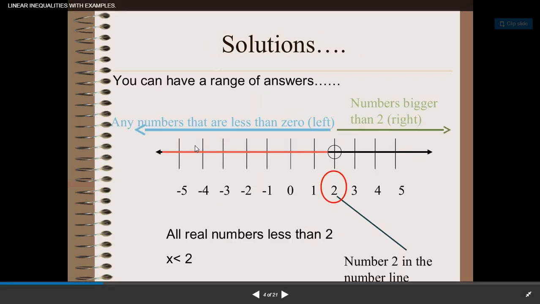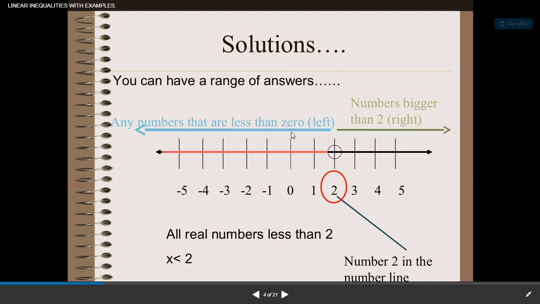Alright, so let's have a look at this example. Over here, what we get to see is a number line and 0 lies at the center of the line. We have an array of positive values and there is an array of negative values as well. So say if I choose a particular value, say it's 2, then all the numbers which are bigger than 2 lie to the right of the number line and all the numbers which are less than 2 lie to the left of the line.